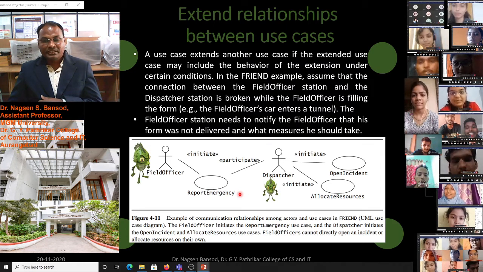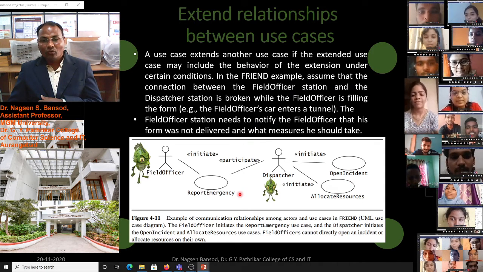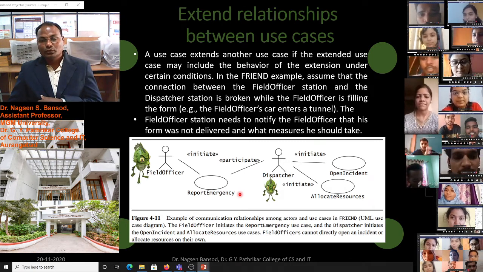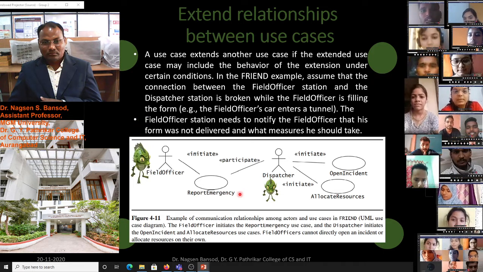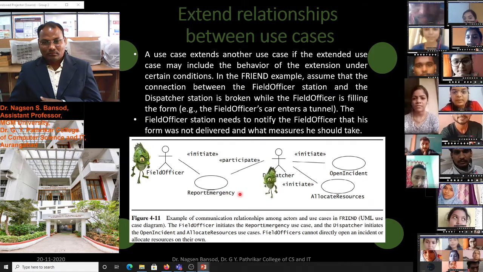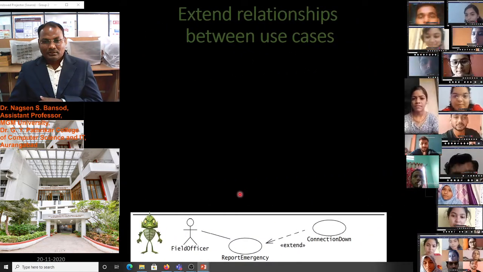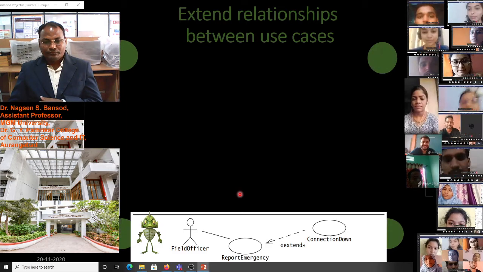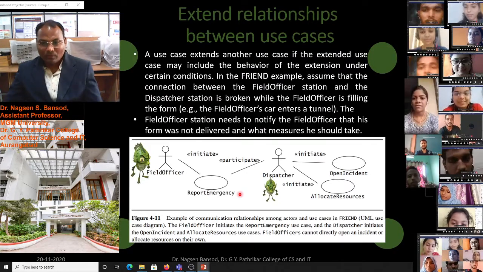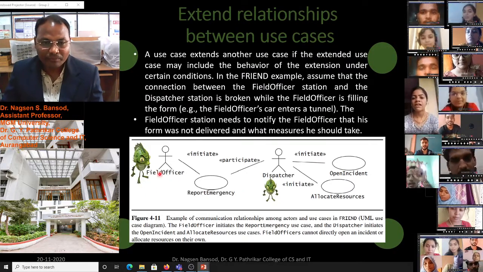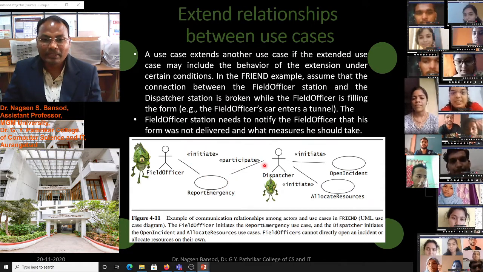The field officer station needs to notify the field officer that his form was not delivered and what measures he should take. In this diagram, the field officer initiates the report emergency use case, and the dispatcher is the participant.